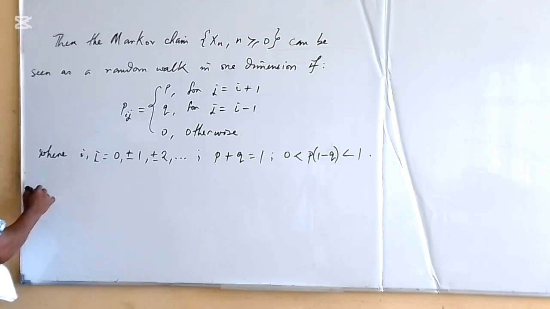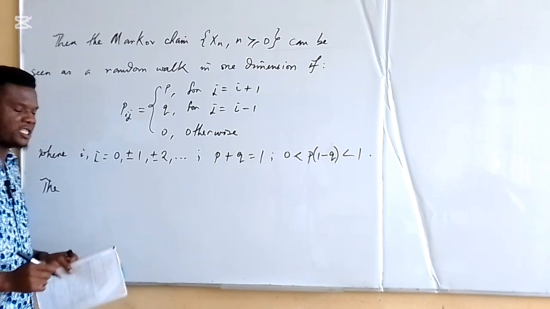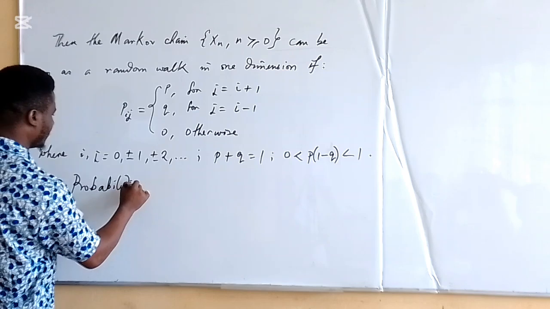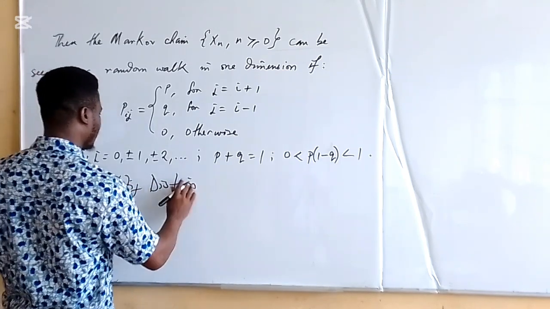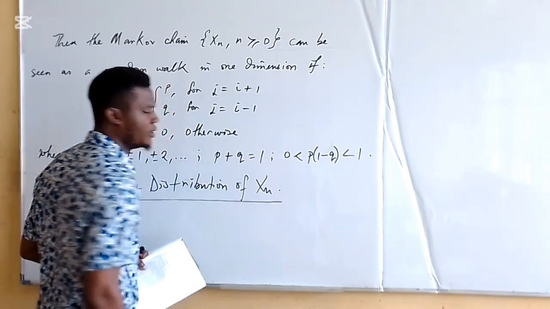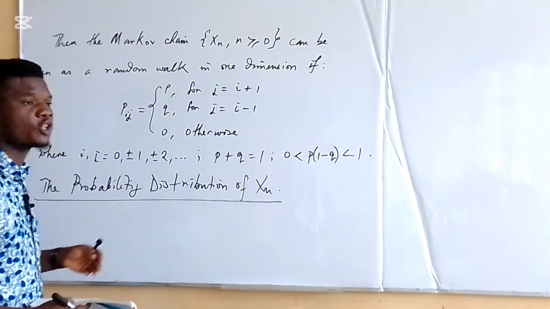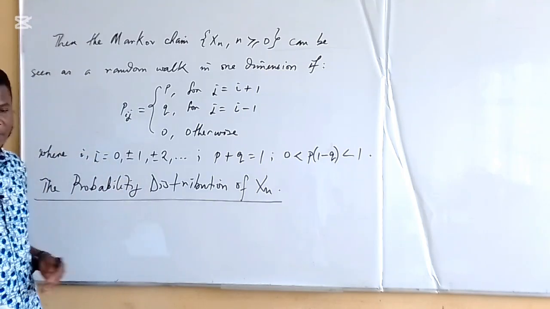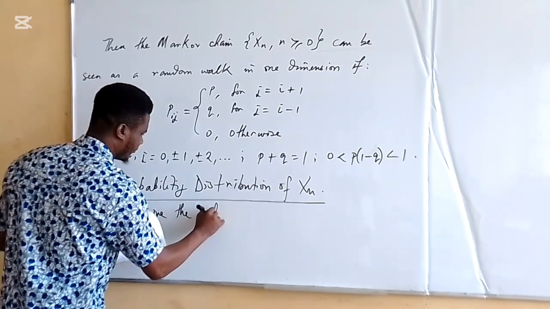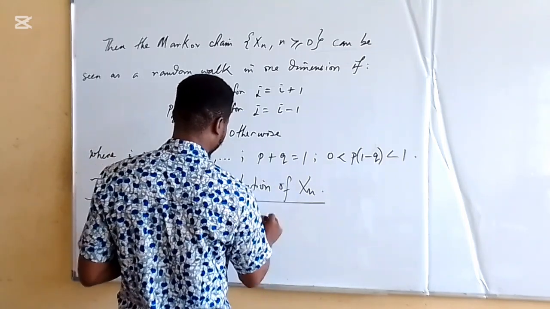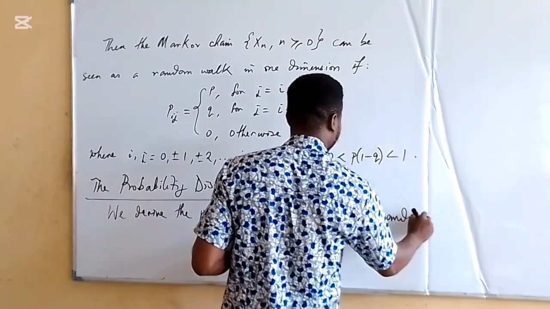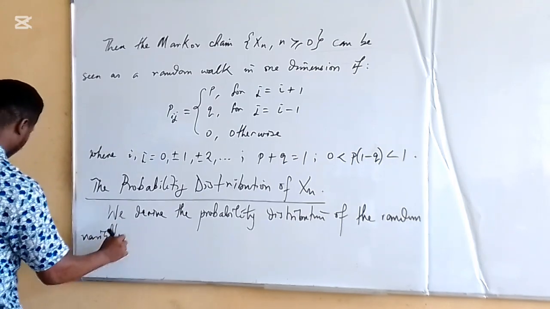Now, that being said, let us go into what the focus for today's class is. I want us to consider the probability distribution of Xn. So Xn happens to be one random variable in a stochastic process. Please write, we derive the probability distribution of the random variable Xn,